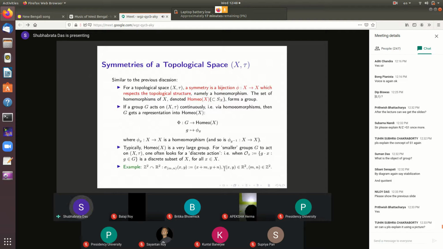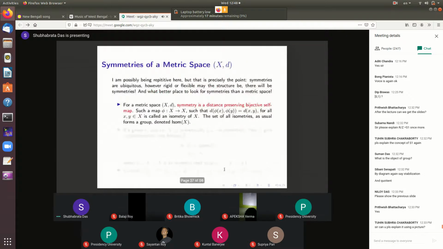Within a half neighborhood of one translate of xy, you will not be able to find any other translate. That means it's discrete. So these are very important actions. Now, I've written that I am repetitive here,